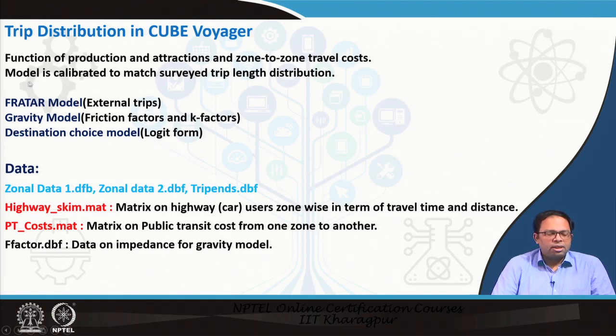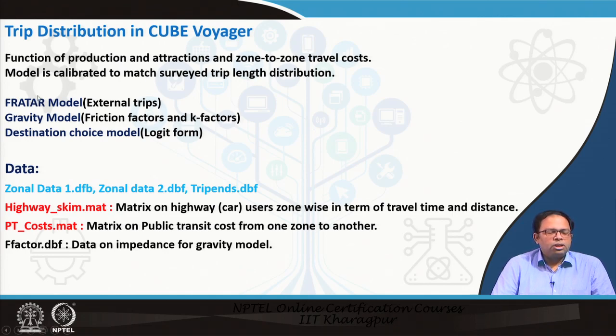When we run the distribution program we have to first enter certain other information. For example, if we use a gravity model as the trip distribution model, it has certain inputs and it has to be calibrated to match the surveyed trip length distribution. For that we have determined these F factors and also the K factors. If the F factors are already determined, we get them from another file, or we have to calibrate the model and decide on the F factors, save them as a file, and then open this file within this model. Then we can execute the trip distribution model to get the final results.